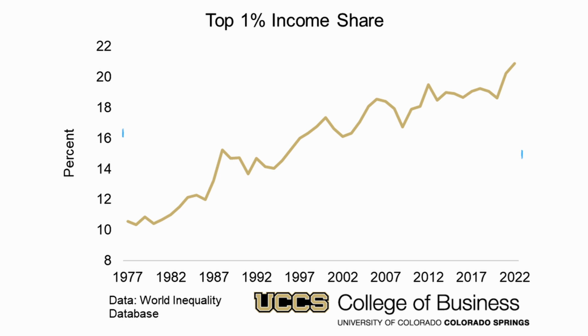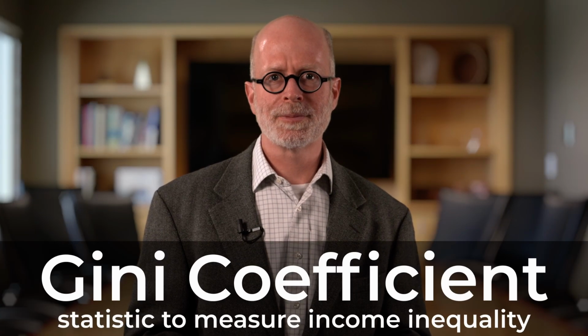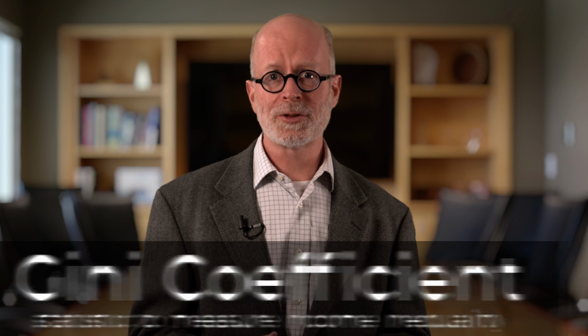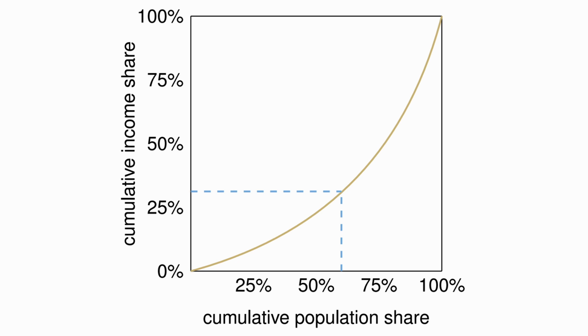One way that economists measure income inequality is with a statistic called the Gini coefficient. To find this, we start by sorting from the lowest earning to the highest earning. As we go up in earnings, we calculate the share of total income going to people at or below that level. This is represented with the Lorenz curve. At the point marked with the dashed line in this example Lorenz curve, the bottom 60% of earners receive 30% of income. The more unequal income distribution is, the more bowed the Lorenz curve will be.